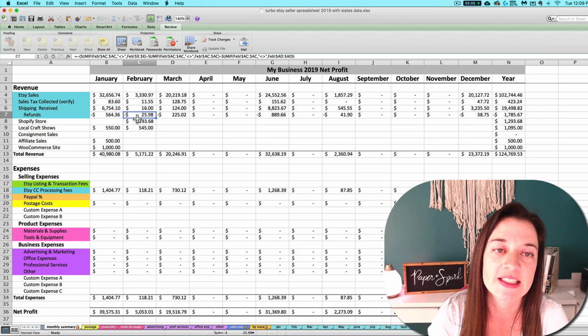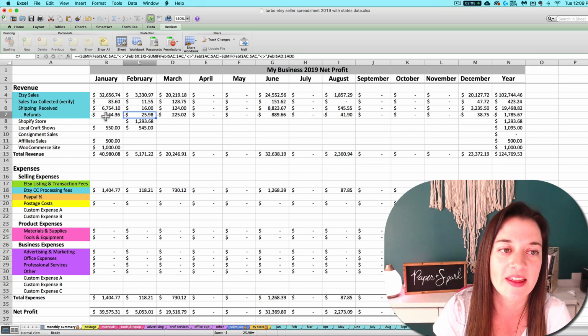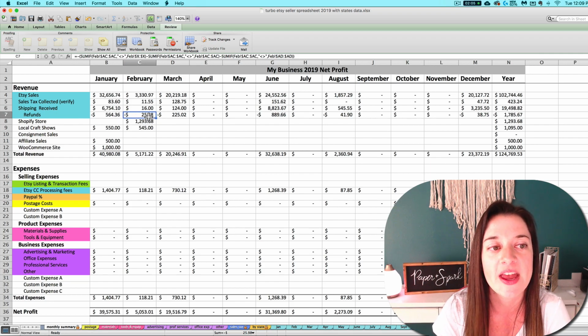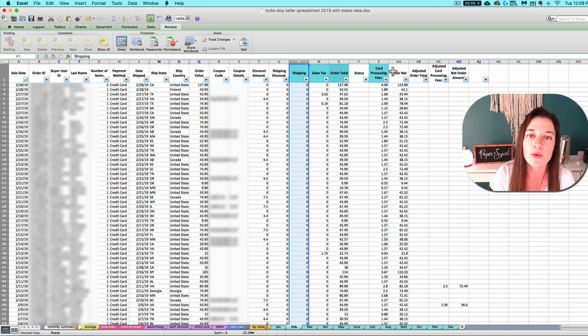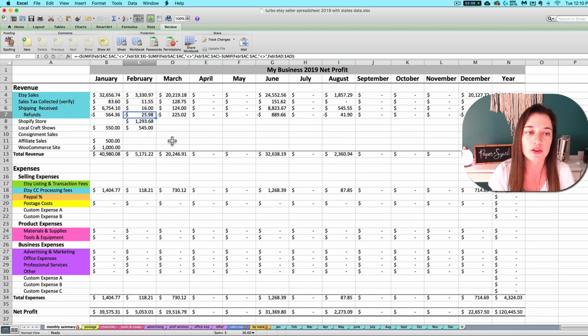Next, we've got refunds that you issue. So refunds are considered a contra revenue account. That's like a negative revenue, right? That's why they're being imported in here automatically for you as a negative amount. And how Etsy reports refunds is a little bit confusing. They don't actually list the refunded amount here on the order CSV, but they do show us which orders were refunded or partially refunded by showing us the after the refund or the adjusted order amount. So the spreadsheet is using that information to total your refunds for you and enter them as a negative